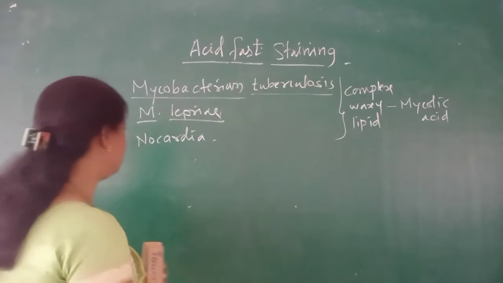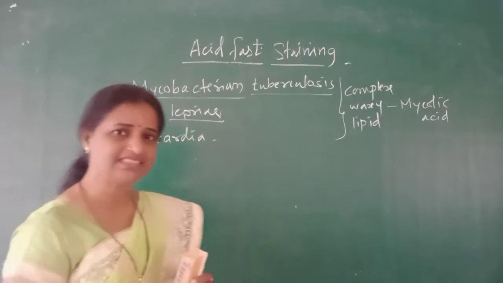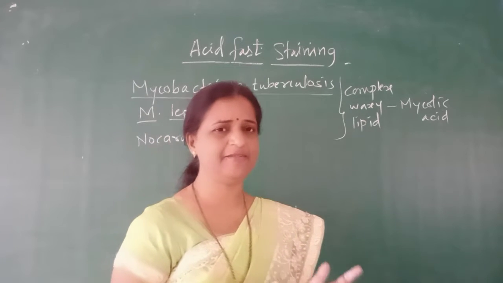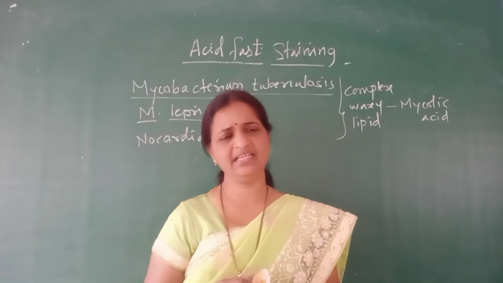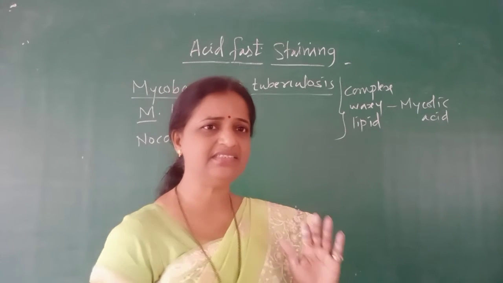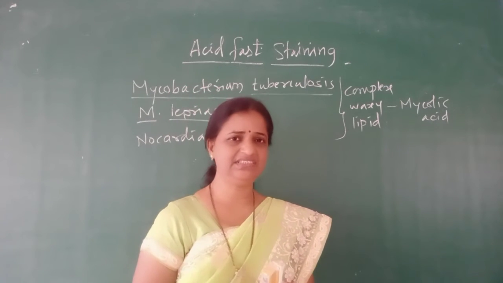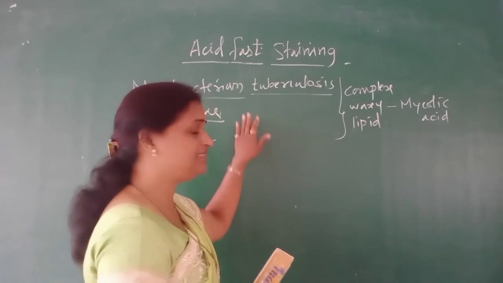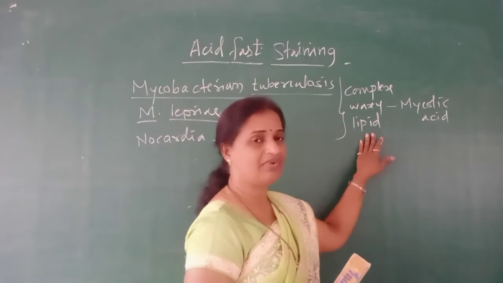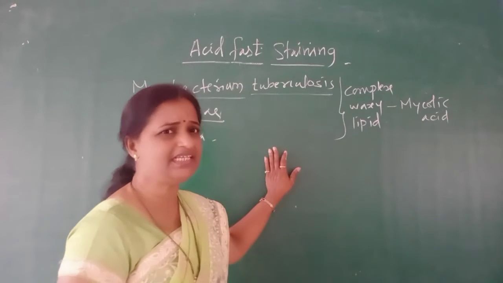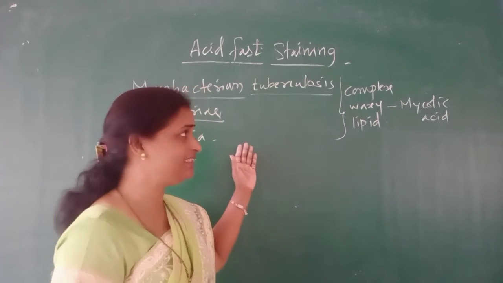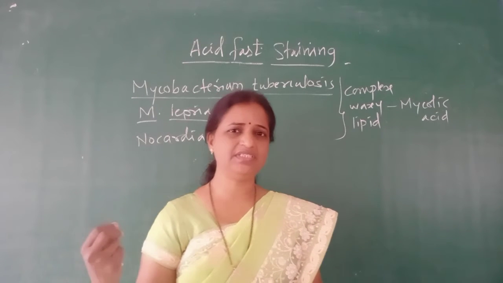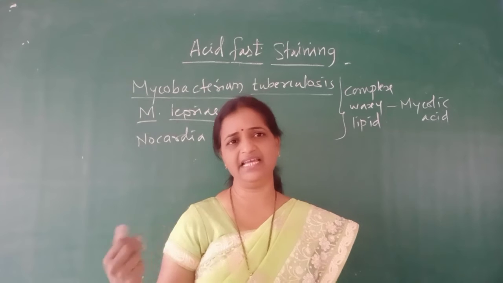After acid fast staining, organisms are divided as acid fast bacteria. Those which are observed as a dark pink color are called acid fast bacteria, and those which are observed as blue or green are called non-acid fast. That's why this staining procedure is called differential staining, because it differentiates organisms as acid fast and non-acid fast. This special group of organisms which have a waxy cell wall are observed as dark pink and are called acid fast bacteria, and all other bacteria after acid fast staining take the color of the counter stain, which may be observed as blue or green, and they are called non-acid fast.